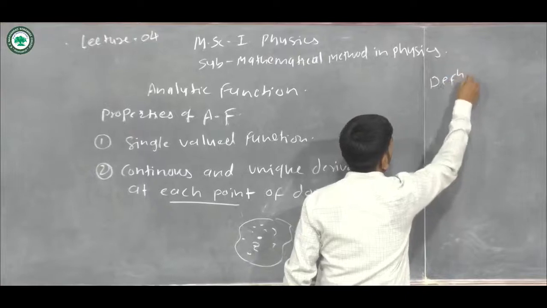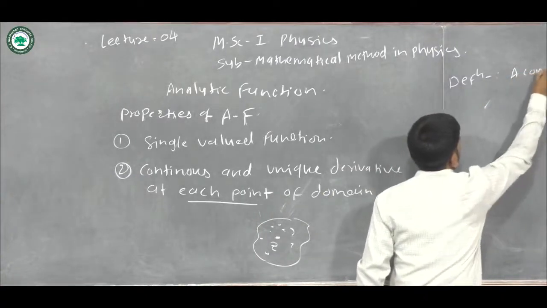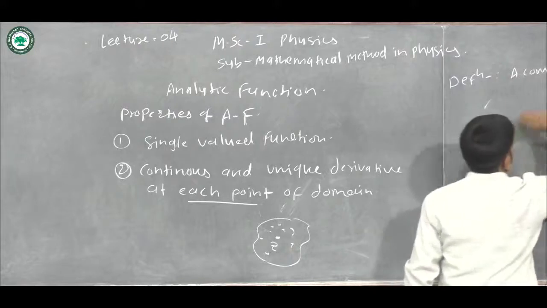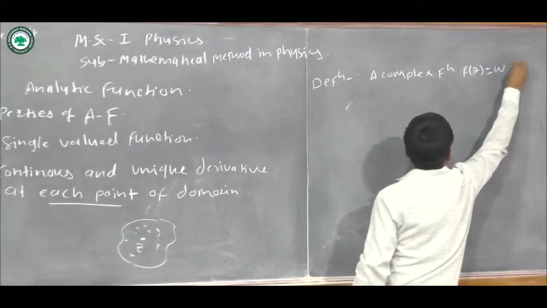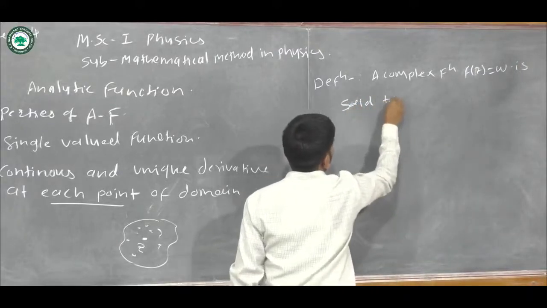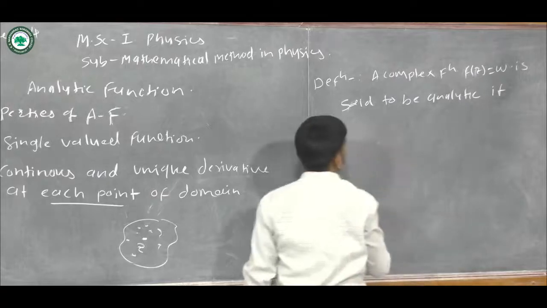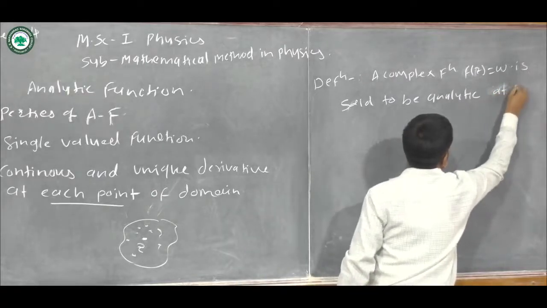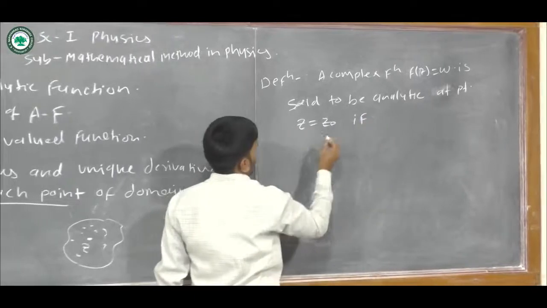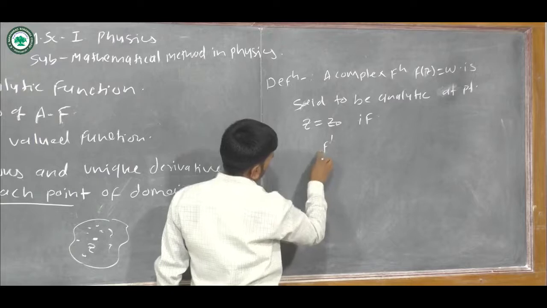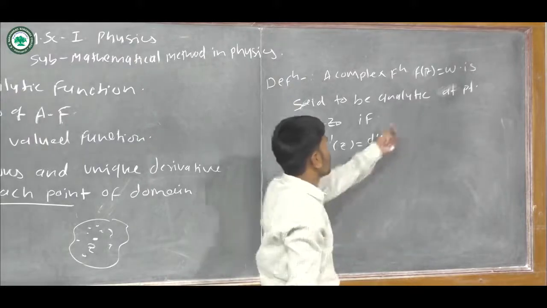Okay, so there is also one definition for analytic functions. If a complex function f of z equal to w is said to be analytic at the point z equal to z naught, if f prime of z, or dw by dz, is equal to